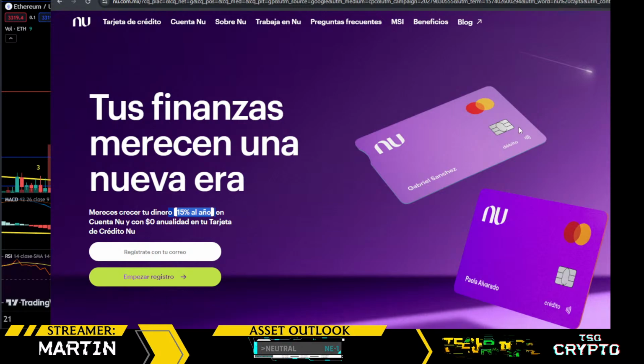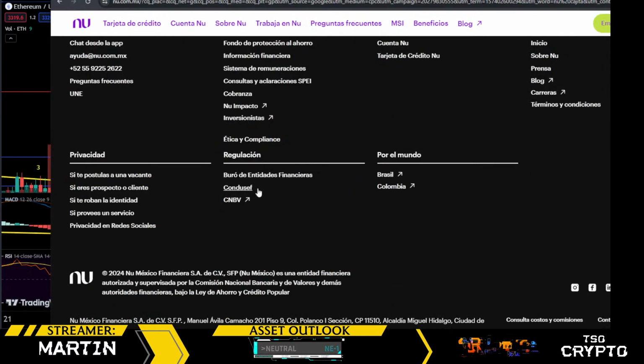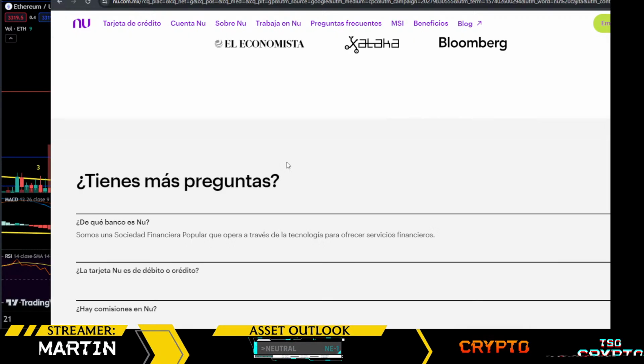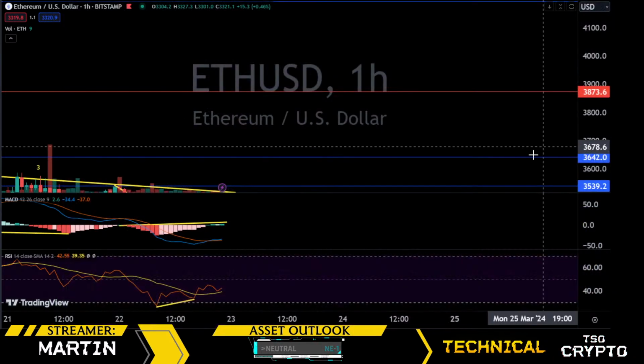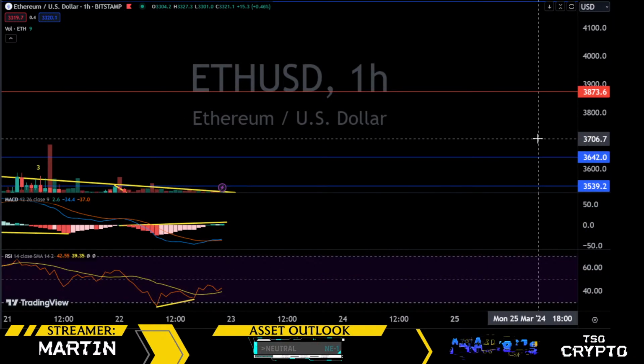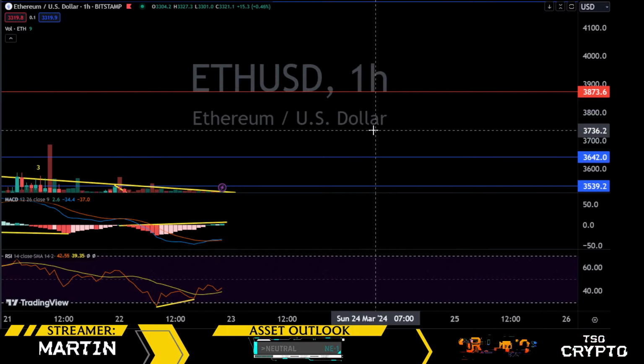So you open an account with this company, you put money in it, they're going to give you 15% returns a year, and they're guaranteeing it. So in Mexico, there are some good instruments to park your money on. I wouldn't park it in the NASDAQ. If you ask me, I would probably put it here, get that 15%, particularly if there's a lot of volatility, a lot of uncertainty,